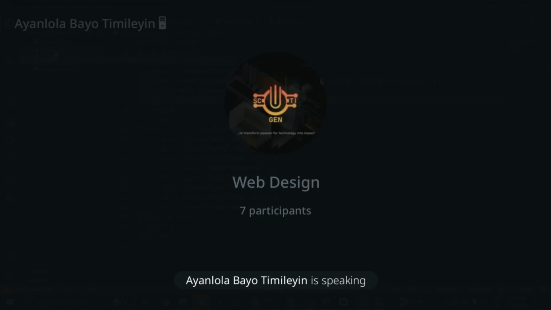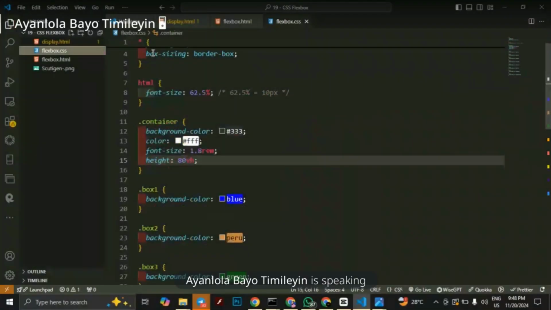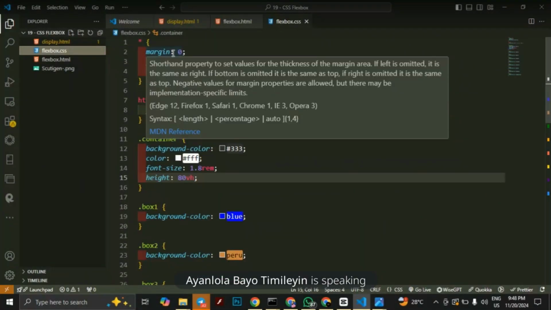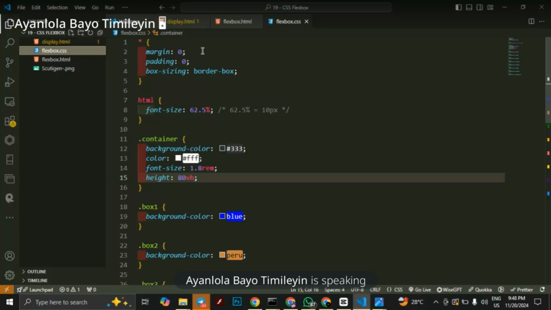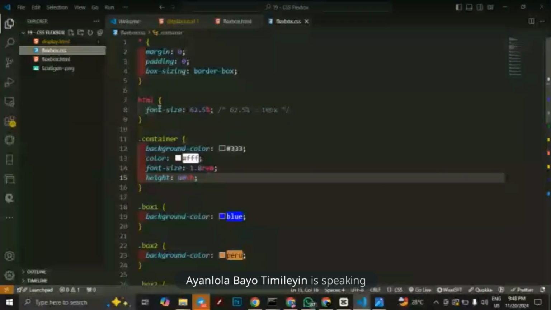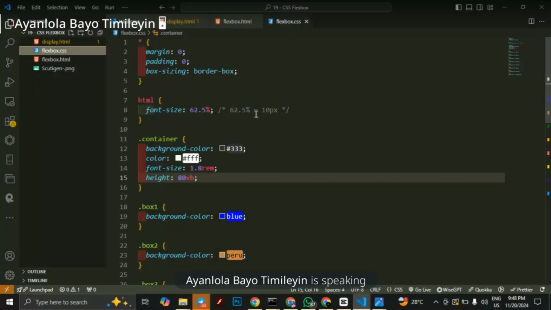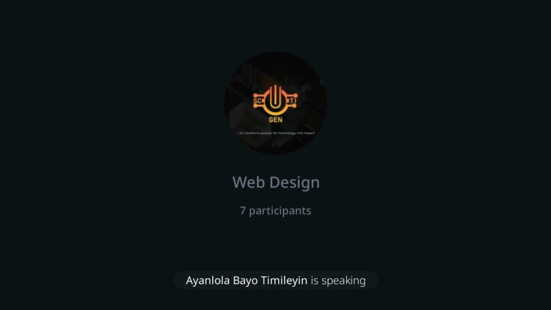First, we reset all the browser default styles by setting the margin and padding to 0, and the box sizing to border box. And then we set the font size of the HTML element to 62.5%, which is also equivalent to 10 pixels, which will make our calculation easier by the time we start using the rem property, or the rem unit rather. And then the container, which is the section element here, which is the parent element of all these 8